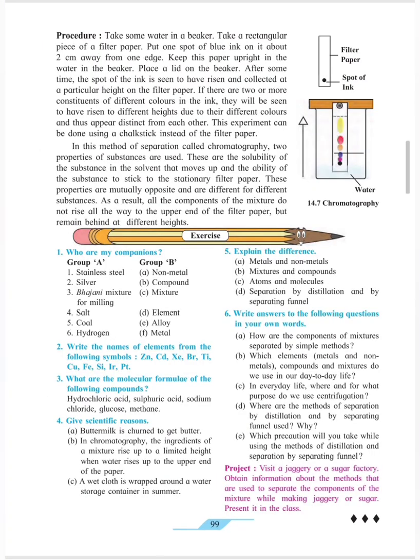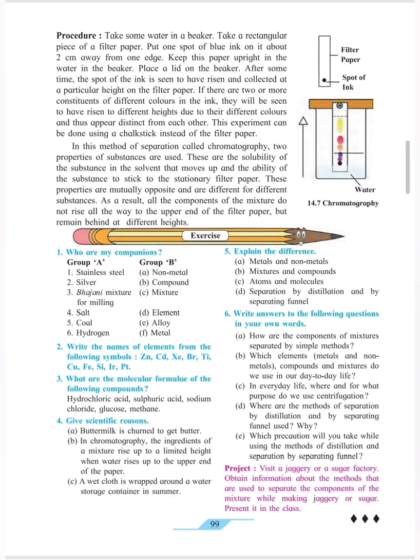And the last method we have studied today is the method of chromatography. We have studied the method of paper chromatography. The paper which is used for this purpose is either filter paper or tissue paper. A chalk can also be used for the method of chromatography. In this method, a spot of ink is put on the tissue paper or filter paper. The layer of water is just below the spot of ink on the paper. When water is absorbed by the filter paper, the ink drop on the filter paper starts getting soluble.